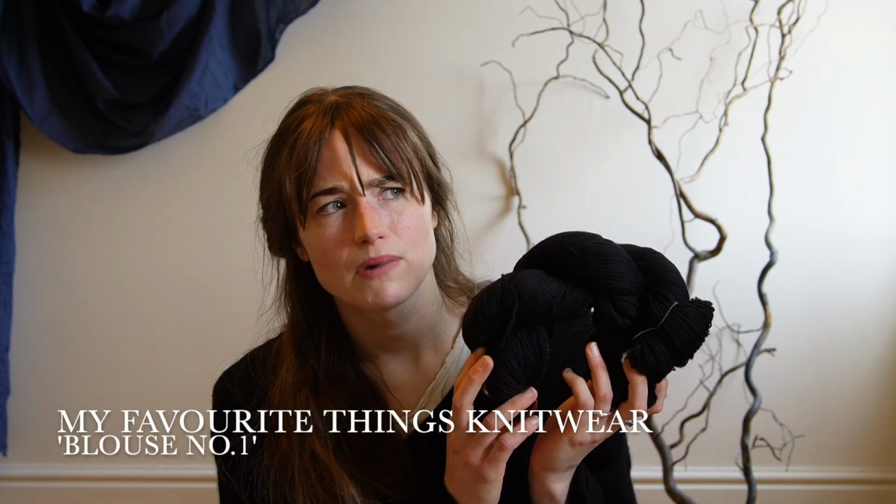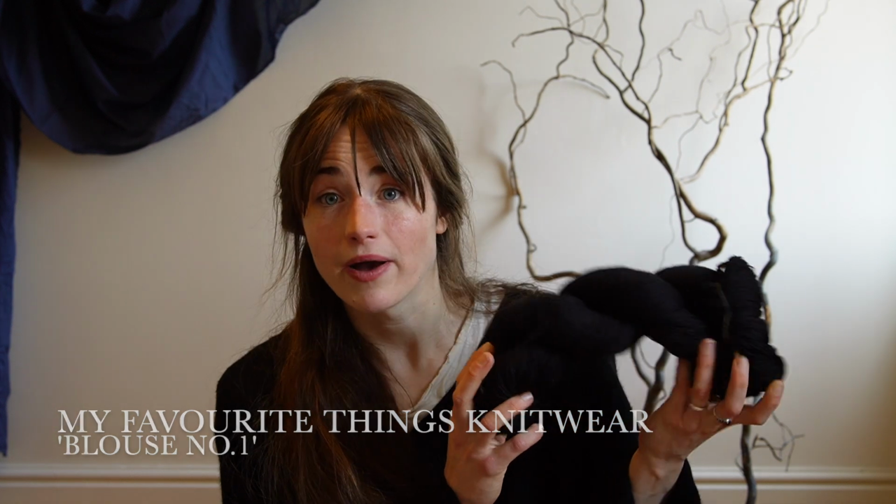I do have this superwash merino yarn, and I was thinking this would make a really nice blouse, number one by my favourite knitwear. My favourite thing, knitwear. I think it's the right weight yarn. I think I have enough of it, and I really like that broad boat neck shape to the blouse, and I would quite like to try making a low back on it. Not sure how it would work, but I